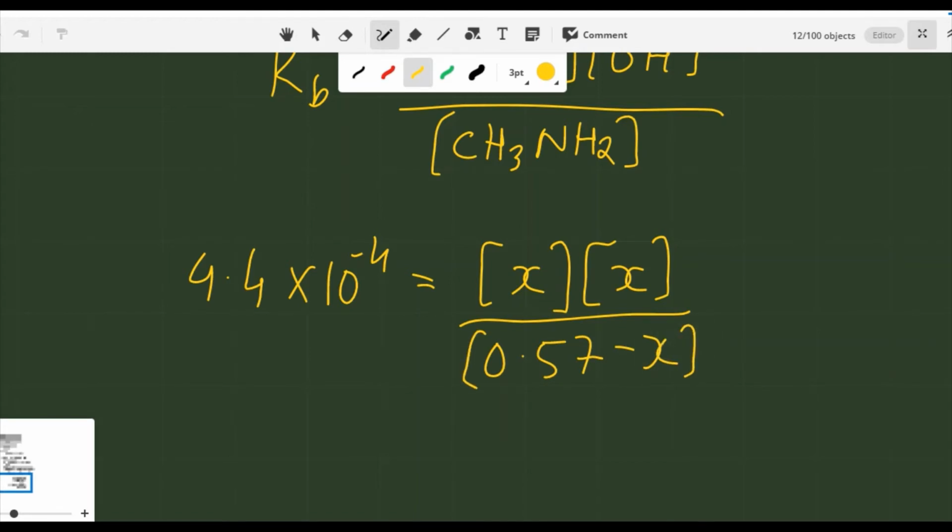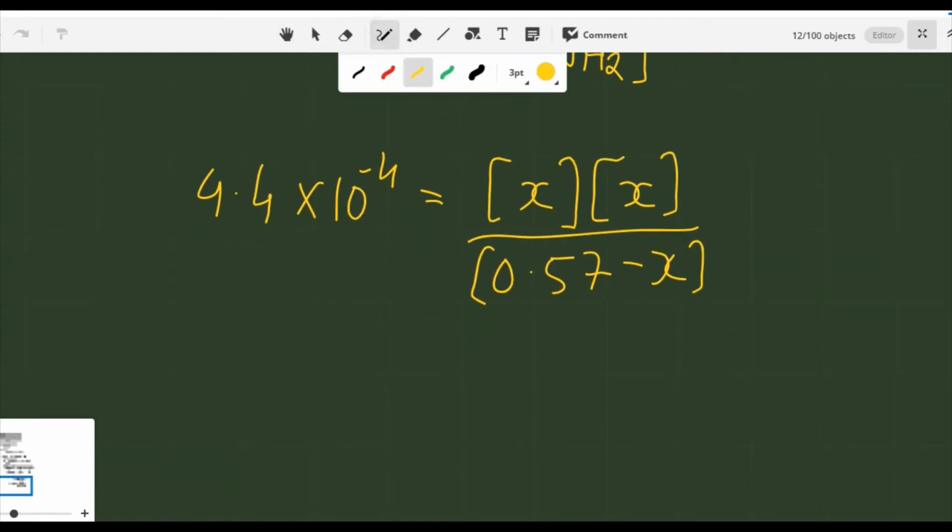Now you need to solve this. So 4.4 times 10 to the power negative 4 is equal to x times x, that is x square, over